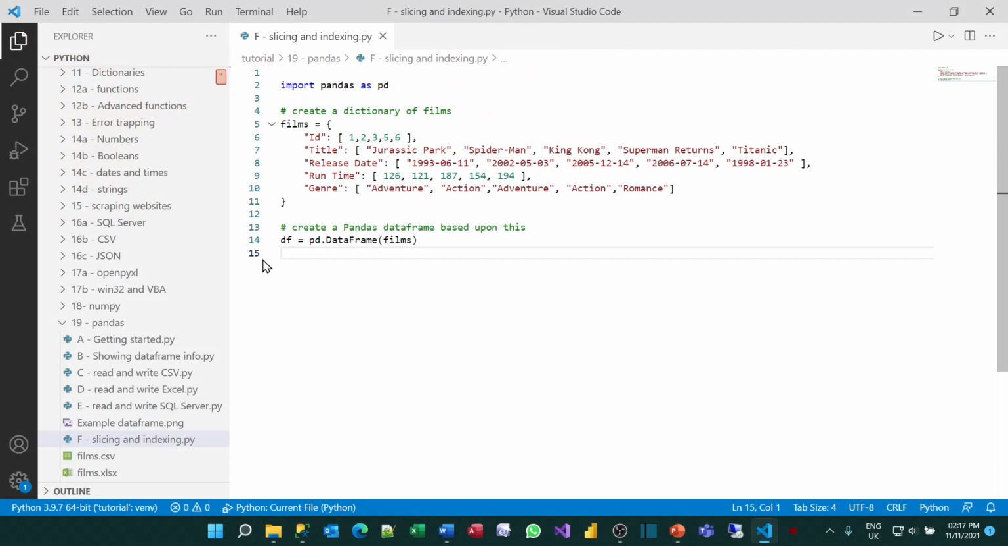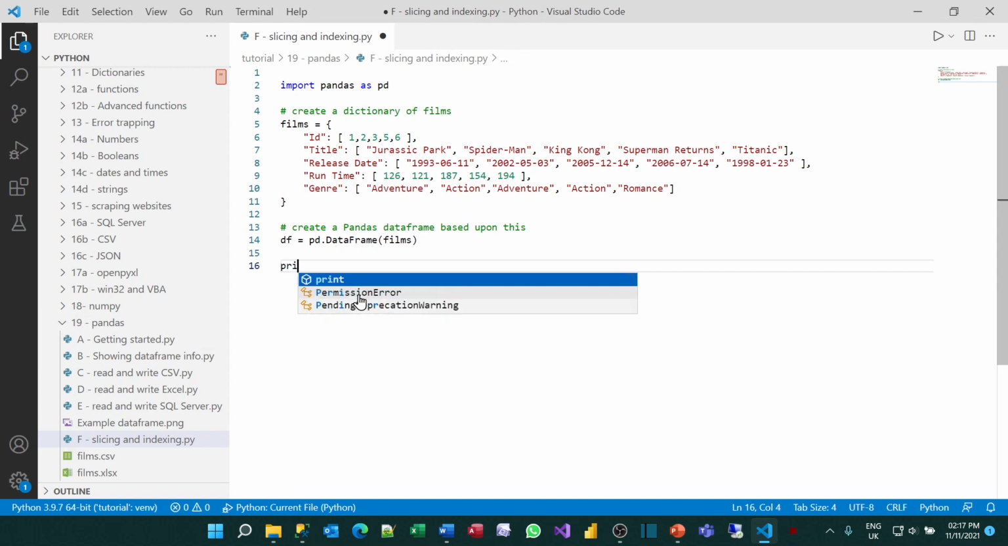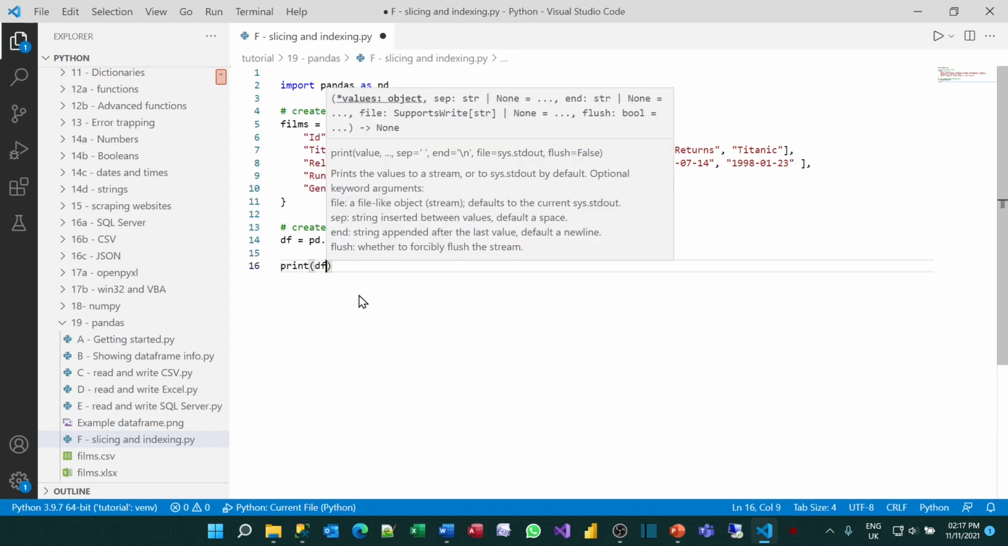So what we're going to do now is look at 2 ways to get subsets of a data frame out. One is using slicing and the other is using indexing. The first one uses something called iloc and the second one uses loc. I've created a file called fslicingandindexing.py, and it contains my usual code to create a data frame. And if I print that out just for old time's sake, for nostalgia, you'll see it gives me a list